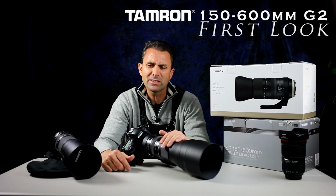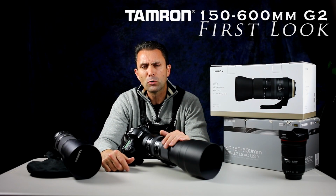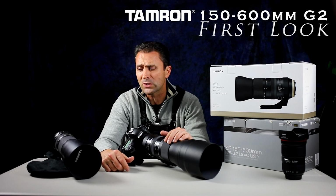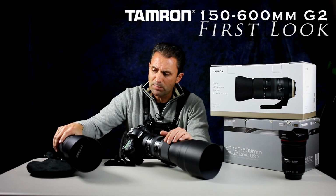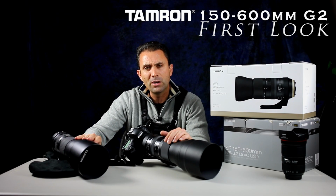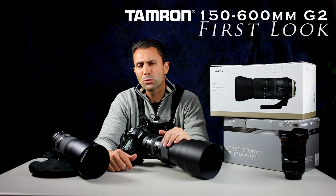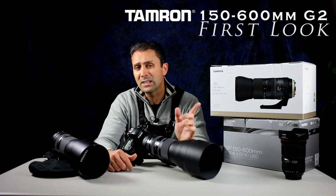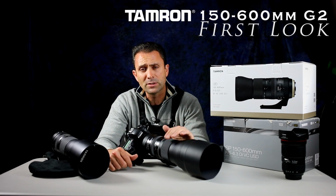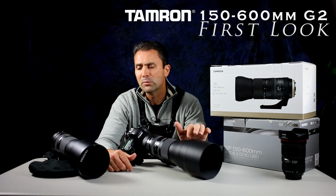And while the best of the bunch optically are the ones that have a little bit more narrow focal range, the Canon and the Nikon, the reality is that all of them are pretty close optically. And despite this being the one that started it all in terms of this new generation of lenses, it's held up really quite well. It's not to say that they didn't have shortcomings, however, and in a second episode we're going to examine the distinct differences between these two, and how the version 2 has or has not improved upon the